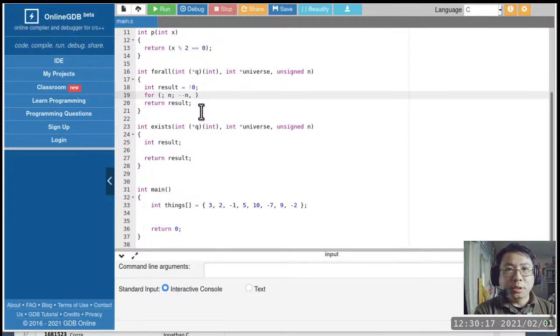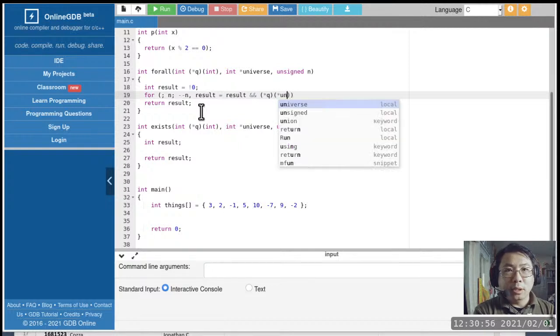The other operation that I need to perform is a little bit tricky. So I'm going to write it out first, and then we'll find out what it does. We have result equals result, and then && — ampersand ampersand is logical and — then we have q. I believe the asterisk is actually optional. I could have just used q and then open paren, and then we want to look at the current element of the universe. That needs to be evaluated.